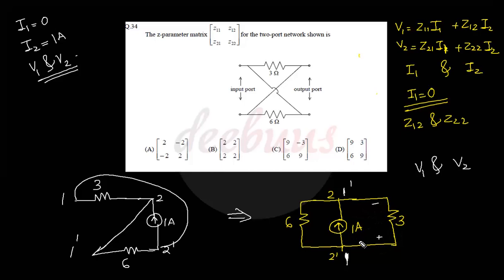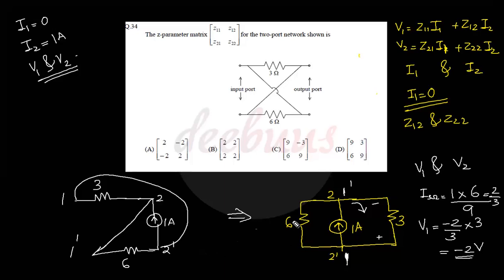So first of all we have to calculate the current flowing through this 3 ohm. So current flowing through 3 ohm equals current 1 into opposite branch resistance 6 by total resistance 9. So 6 by 9 or 2 by 3 is flowing in this direction, right? 2 by 3 is the current flowing through this 3 ohm. So V1 equals, we are taking V1 as plus here and negative here, so minus 2 by 3. Current must flow in the opposite direction. So minus 2 by 3 into that resistance, that is V1 equal to minus 2 volt.